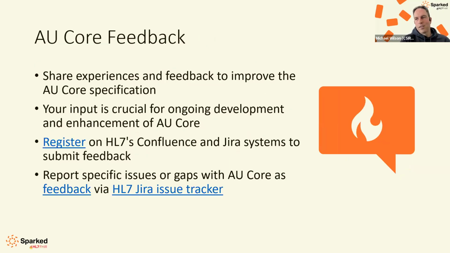The other thing is about feedback. I mentioned this early on. It's really important that we share our experiences and feedback to improve AU Core. So this is where any issues you find, with the current version of the implementation guide, you can raise on the HL7 issue tracker. And that can be things like, we've had people say, you know what, there's too many must supports. I think it's too onerous on us having to try and implement this. Or there may be technical problems in there saying that these definitions aren't quite correct. Or I think they should be something else. Or there's some gaps here. Currently AU Core doesn't cover something that I need for my system or my use cases.